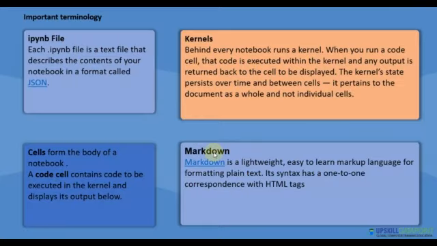When we were working on Jupyter Notebook, we were working on cells. So a code cell was the place where we were writing our lines of code. But all these lines of code get executed in a kernel. Now what exactly is this kernel? When you run a code cell, it gets executed within the kernel, and the kernel state will persist over and between the cells. That means whatever output of the cells is there is retained within that particular kernel.